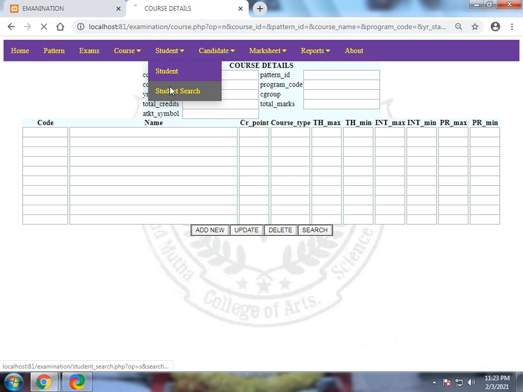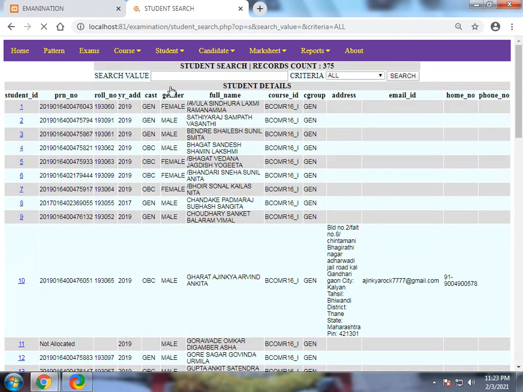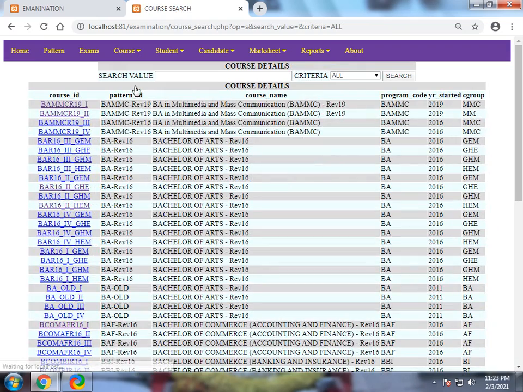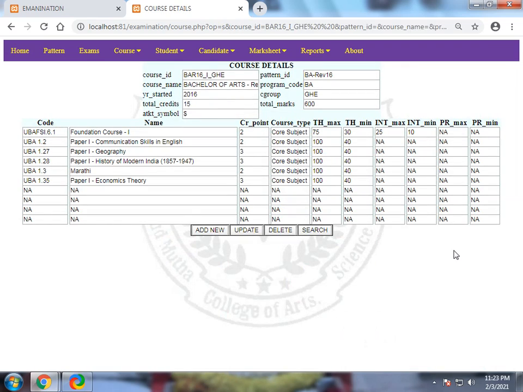So there is the student search. I will just show you the purpose of these things. Just like that, I put it here, and I get this in the course table. Whatever I click here, I get in this format. So I can update and search. For example, I can put here BCom R16, it's a revised 16. Oh, it's the capital one. BCom R16 and the same one.